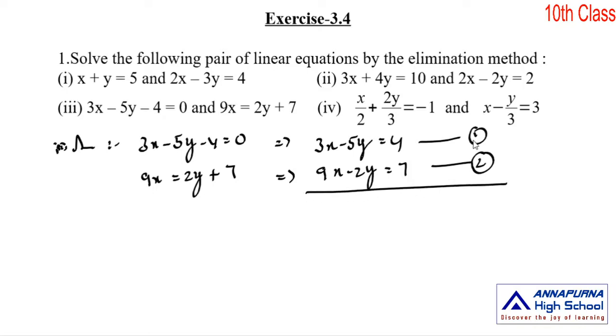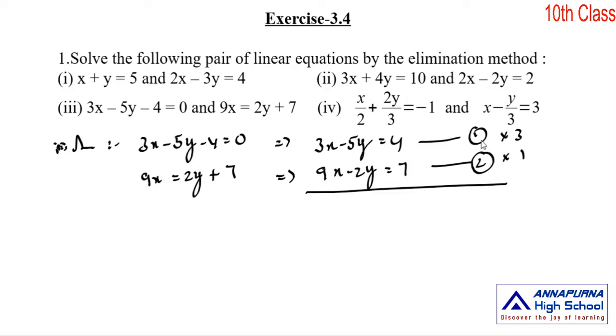Okay, now multiply these two equations by a number. Okay, so first equation here I multiplied by 3, second equation I multiplied by 1. Do you observe anything here? I am not multiplying first equation by the coefficient of x in the second equation, and second equation by coefficient of x in first equation. I am not doing like that. Here I multiply the first equation by 3 and I multiplied the second equation by 1 only.